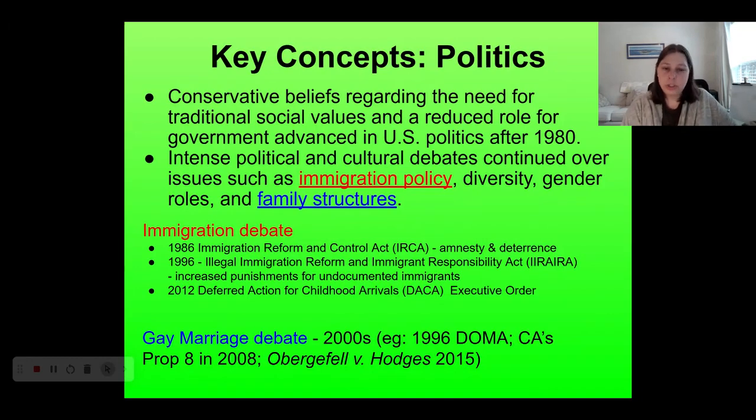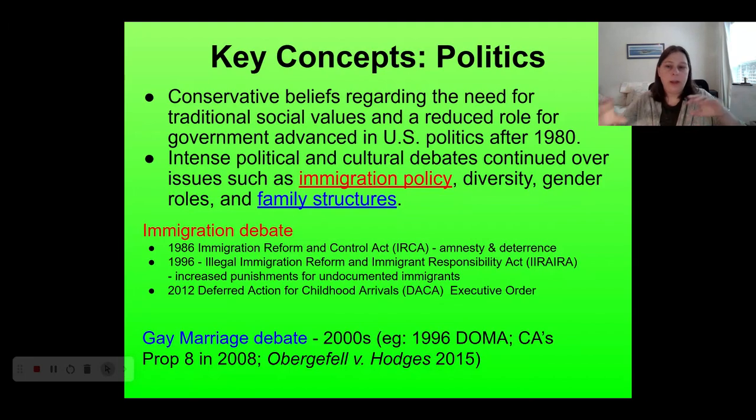So starting in the late 1990s and 2000s, we see states trying to weigh in on this, a couple of states early on that try to create civil partnerships or parallel institutions. In 1996, the federal government makes a firm ruling. It's called DOMA, the Defense of Marriage Act, where they basically say that the federal government will not recognize any same-sex marriages, no matter if your state decides that they will, the federal government will not. States are kind of wrestling this out. California briefly allows same-sex marriages, and then voters pass a proposition called Prop 8 in 2008 that says no, same-sex marriage is outlawed in California, and then it's challenged in the courts.